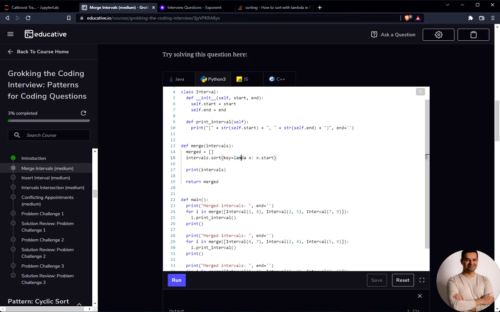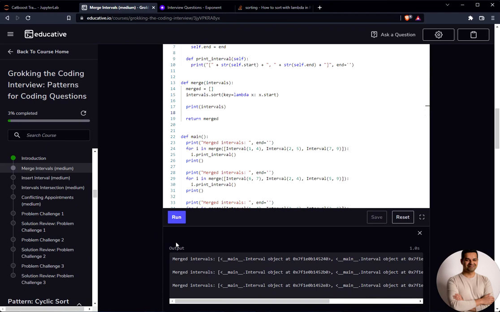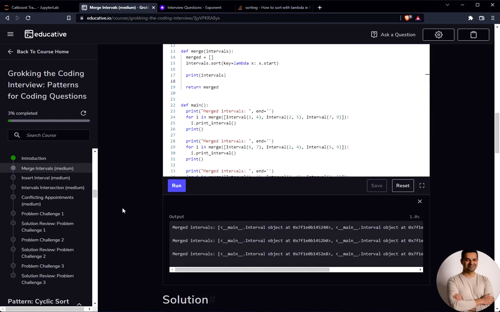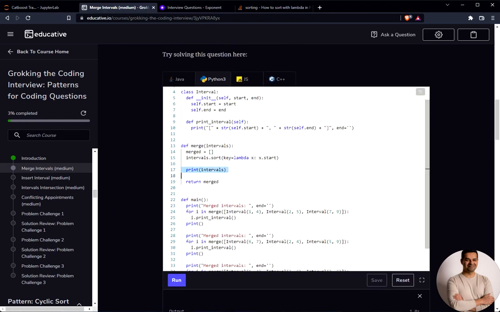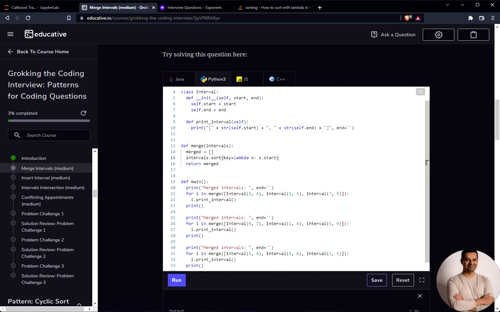Lambda. Okay, so this is the problem actually. They do not have console output. Okay, this is interesting. Okay, so we believe that the intervals have been sorted,